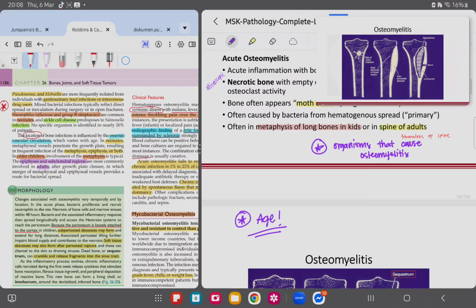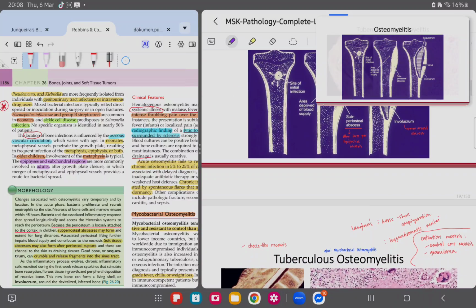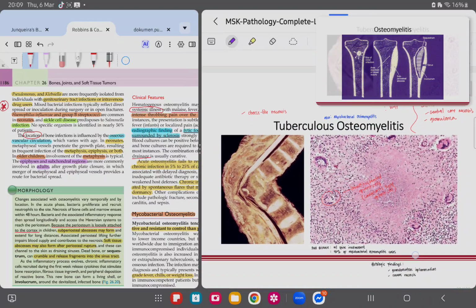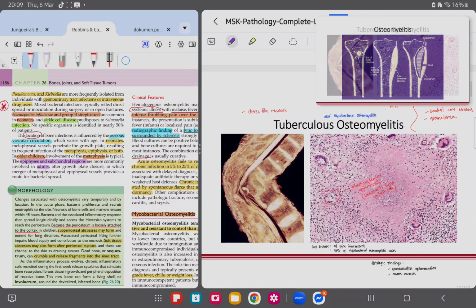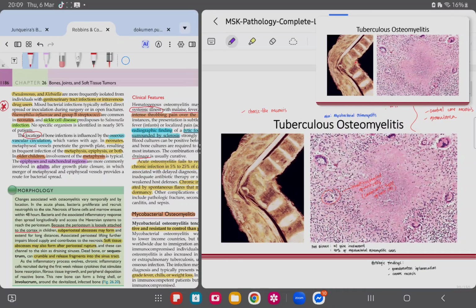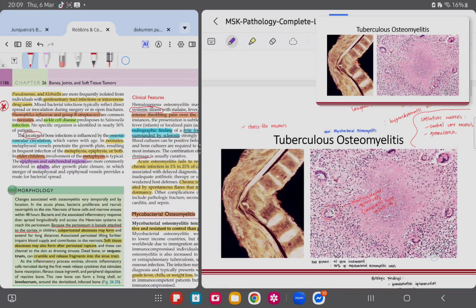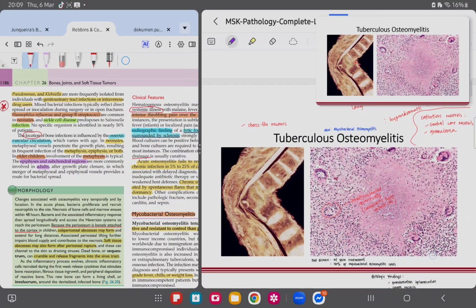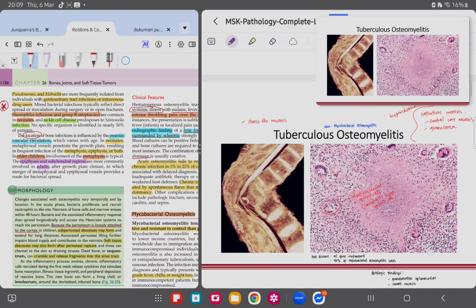Tuberculous osteomyelitis is most commonly seen in the setting of Pott disease. So there is a collapse of your vertebra. And when we do a biopsy of this collapsed structure, what we see here will be the central core of caseation necrosis, surrounded by your epithelioid histiocytes, some lymphocytes, some neutrophils, and most distinctively, these multinucleated giant cells with a distinctive horseshoe arrangement of the nuclei. And this is what we call your Langhans type giant cell.